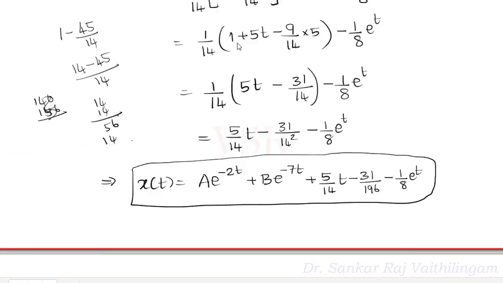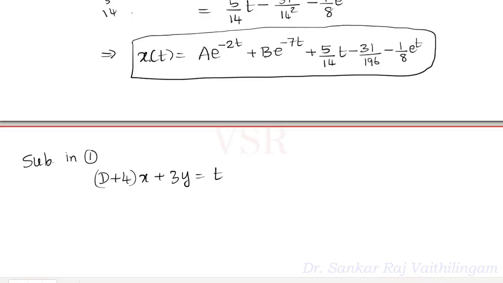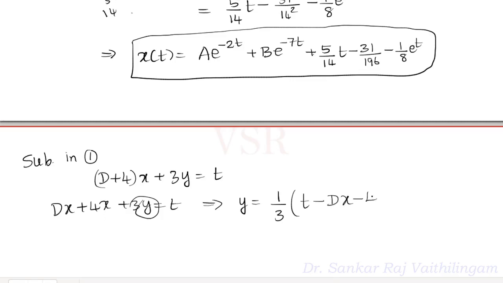Now I am going to substitute this here. When we substitute, we get Dx plus 4x plus 3y which is equal to t. I only need 3y, so we will make it like this. This implies that y is equal to 1/3 times t minus Dx minus 4x. Okay, that is all. Now we can calculate. So y of t is equal to